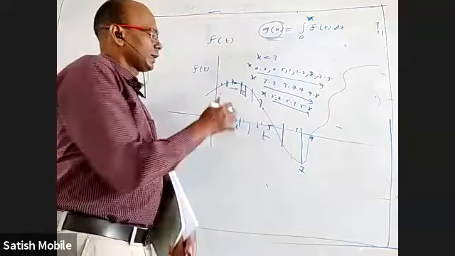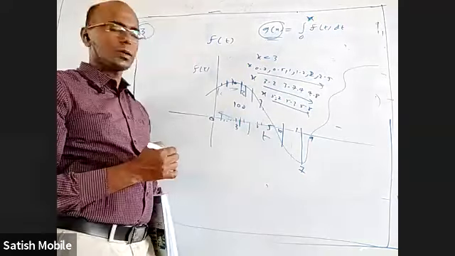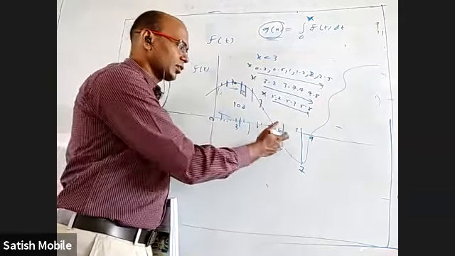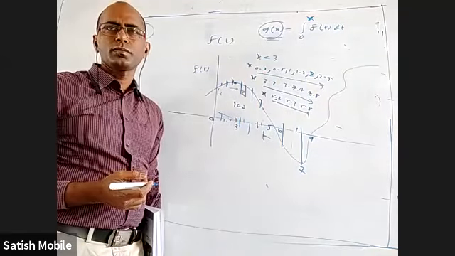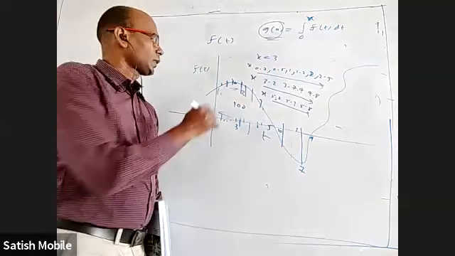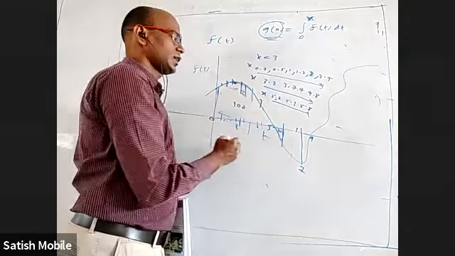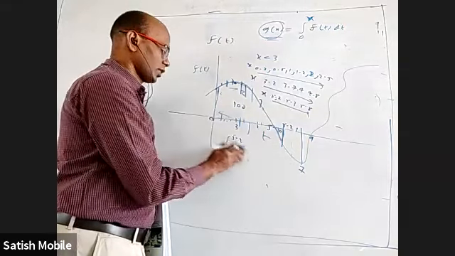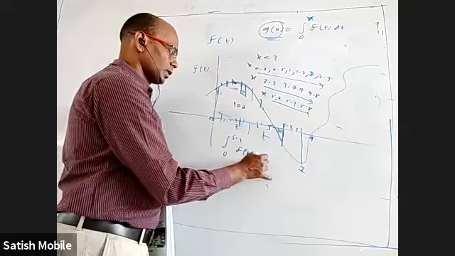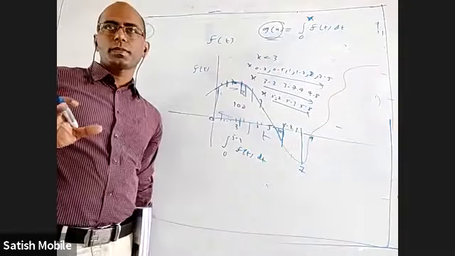Okay. Now, let us say this total area is 100 units and this small area is 10 units. When I take integration from here to here, what will be my answer? Will it be 110 or will it be 90? This total area is 100 units. This small area is 10 units and this is 5.2. I'm asking the integral from 0 to 5.2 of f of t dt. Answer will be 110 or 90. 110. It will be 90 because integration doesn't give area.